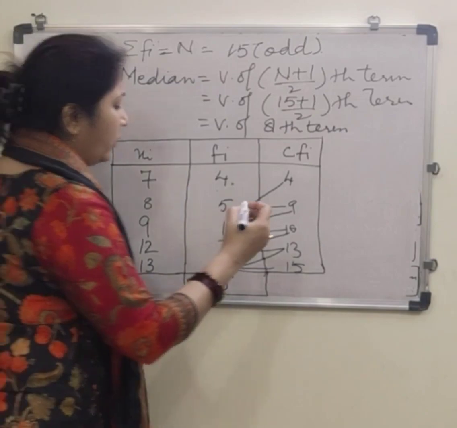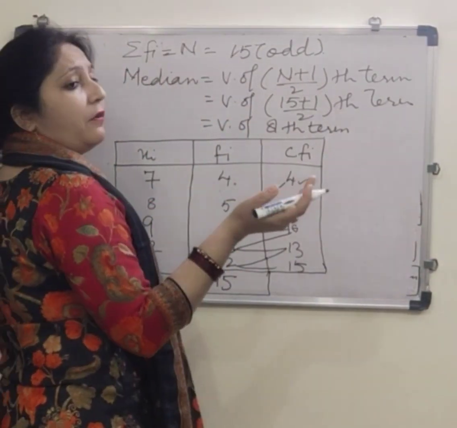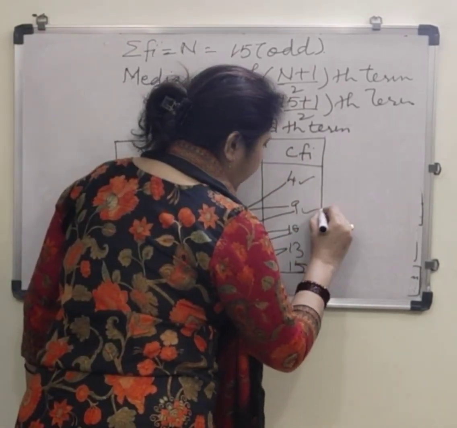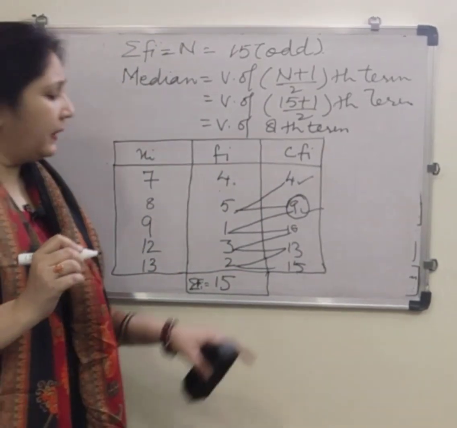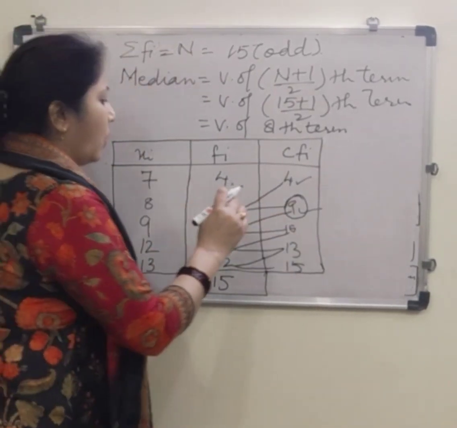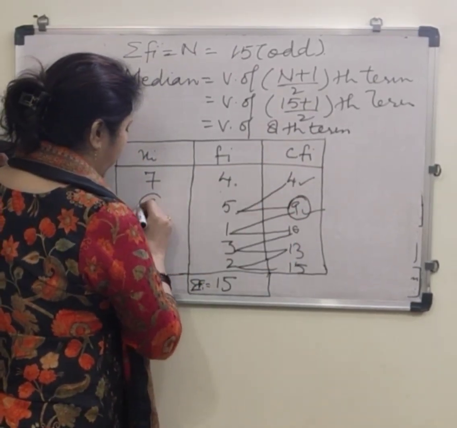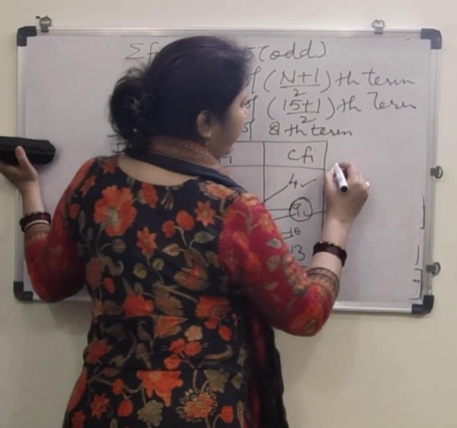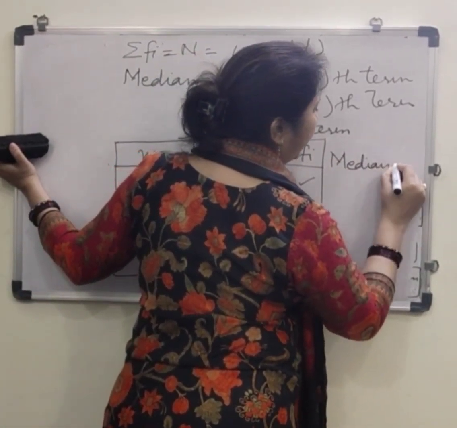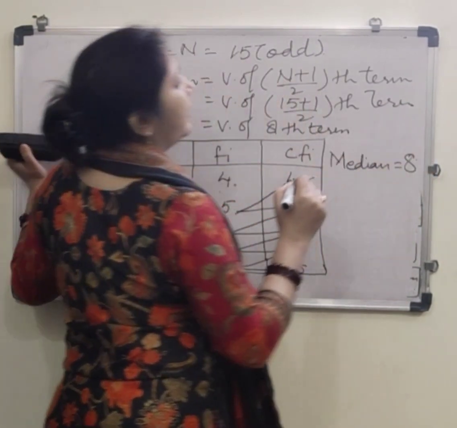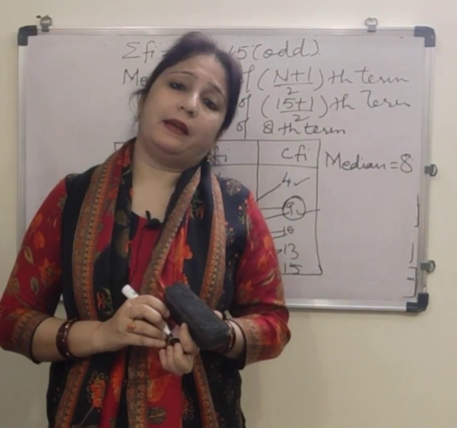Just look in the cumulative frequency. Till 4 it comes over here. From 5 onwards up till 9 it comes here. And so the 8th will come in this part. Go to this cumulative frequency and come to the observation. So your median is, coincidentally, also 8 for this data.